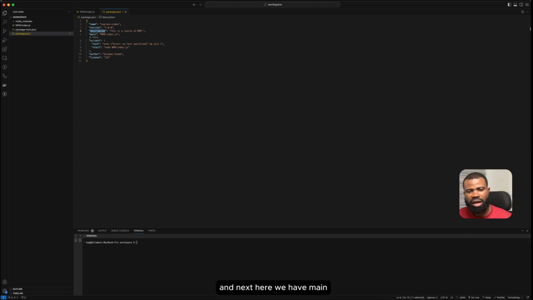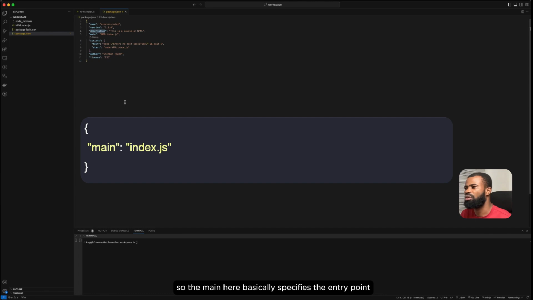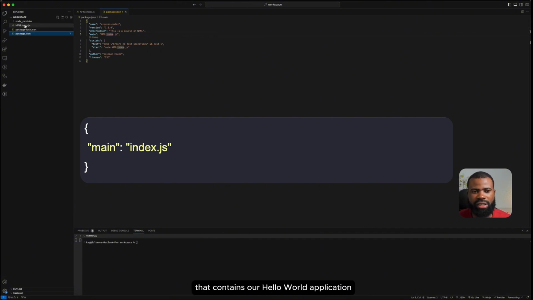And next, here we have main. The main here basically specifies the entry point for Node.js. So whenever you want to run this project or whenever you install this package, the first file that Node.js is going to look into to run the package is going to be specified under main. And as you can see, for example, here we specified this index.js that we created that contains our hello